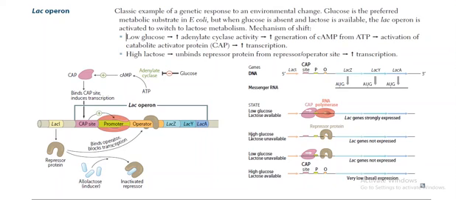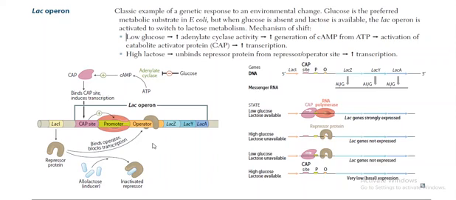In the second situation, there is high glucose and lactose is totally absent. When there is no lactose, there is nothing to remove the repressor from the operator, so the repressor stays bound to the operator, blocking the transcription of lacZ, Y and A. In the third condition, glucose is low and lactose is unavailable. There is very low glucose and lactose is completely unavailable in the environment surrounding the cell. As there is no lactose, there is no allolactose to remove the repressor from the operator,